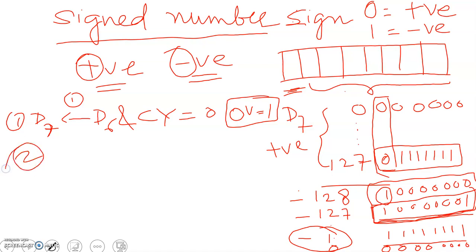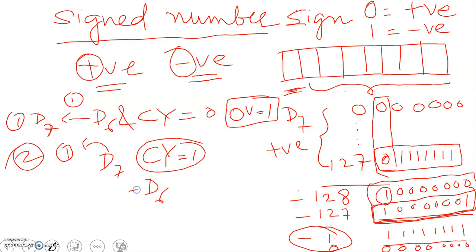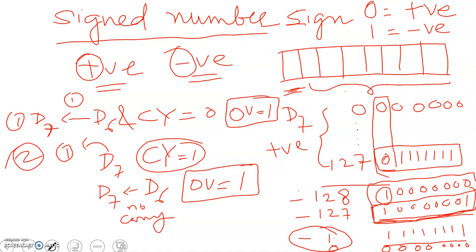The second condition is that there is a carry out of D7, that means CY equals 1, but there is no carry from D6 to D7. In this case also overflow will be 1. These are the two conditions wherein the overflow flag will be set. So basically the overflow flag gives you the information if there is any error in